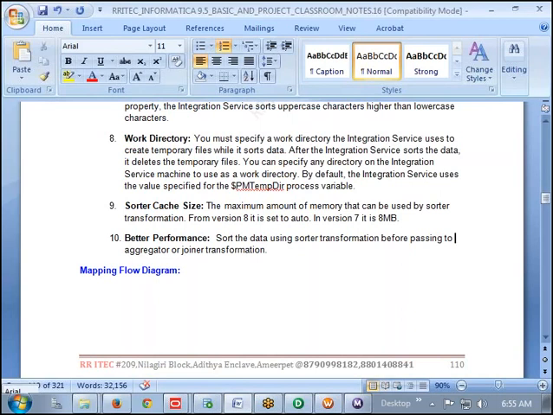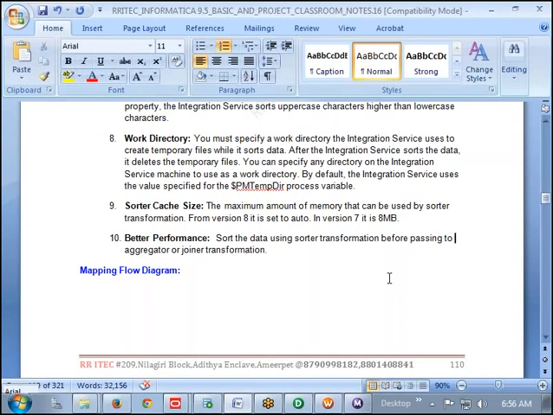Sir, I have one question. Actually, order by clause is used for reporting purposes, to get the fetched data. But I didn't understand why order by before inserting into the table. Generally, order by clause is used for reporting purposes while fetching the data from the database. Correct. But here we are ordering the data before inserting into the target table.